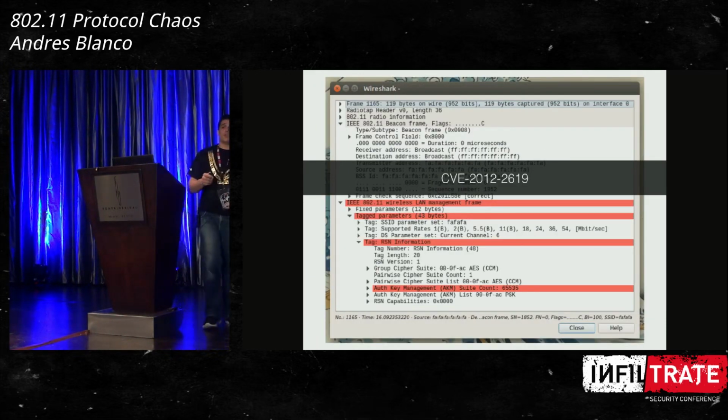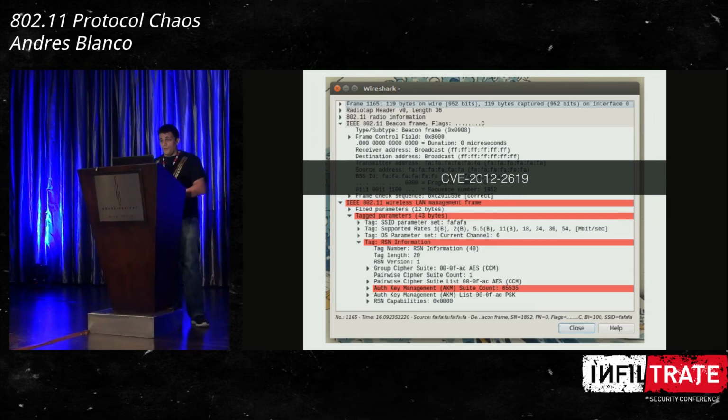This was a vulnerability I found in 2012 in these Broadcom firmwares. I was able to send an authentication key count item with a size much longer than the information element. When the Broadcom firmware was processing this frame, it crashed the firmware. So there was no way you could use Wi-Fi in this situation. And this attack can be sent to a specific device, so you can do a Wi-Fi denial of service targeted to a specific device. I'm going to show a demo of this.